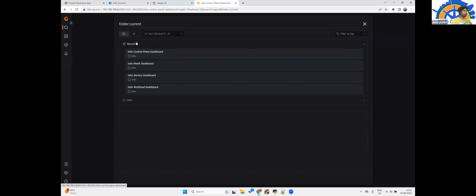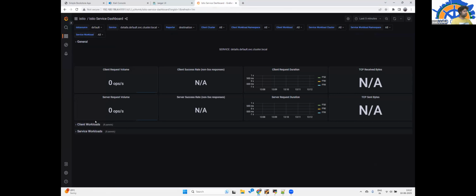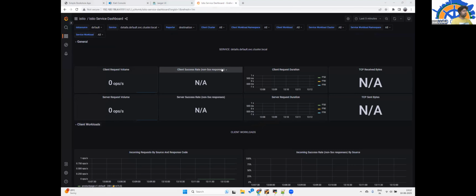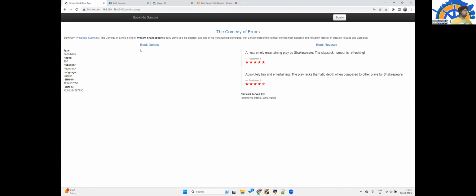You see, these are the default dashboards populated. You can have mesh related dashboards, service related. You can see in general, there is nothing currently. Now if I try to do some requests, it should have some information over there.